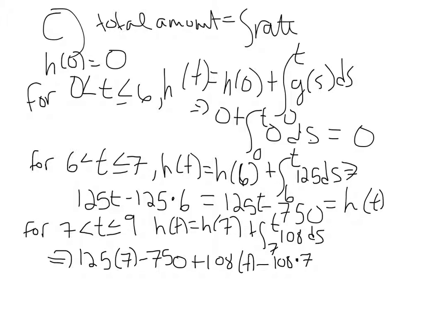And in case you're wondering, remember, this becomes 125t from 6 to 7. Right? This becomes h of, I should write, 108t. And really, I should write over here h of 6 plus